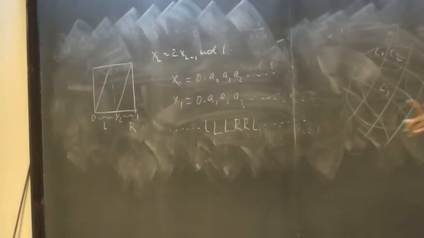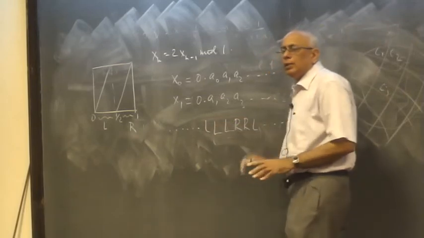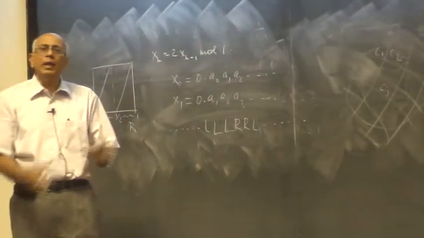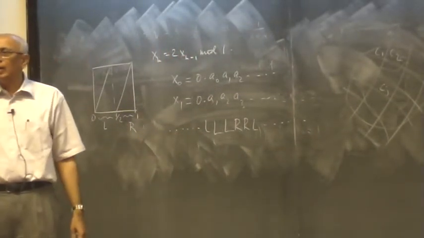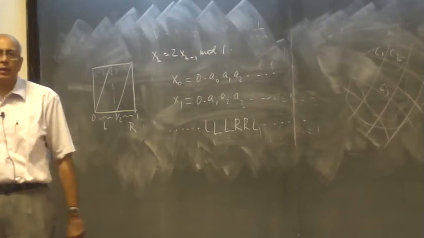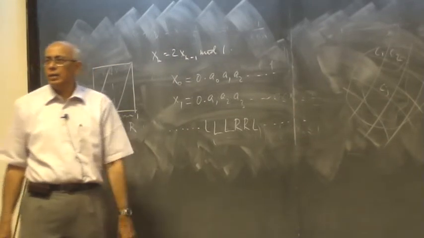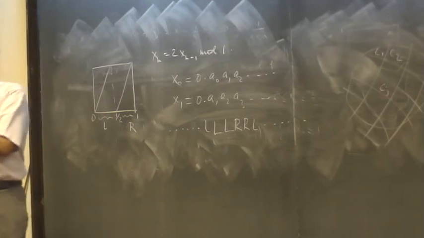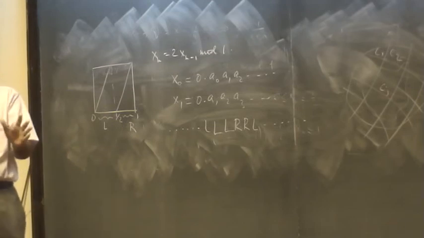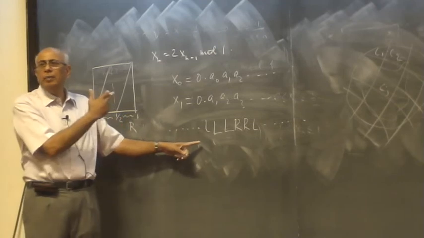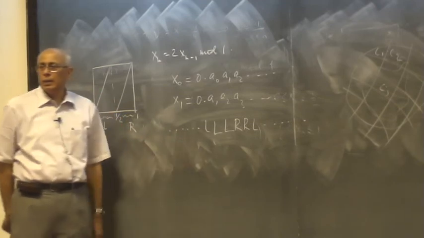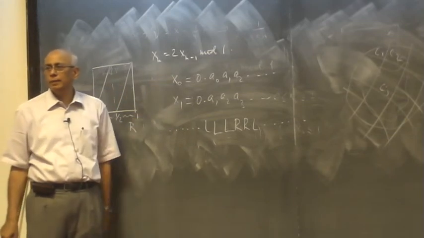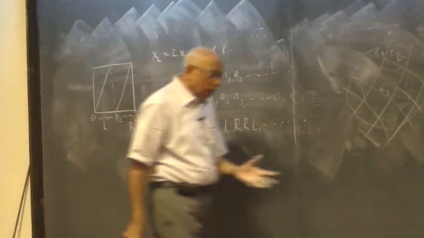Now the statement about the Bernoulli shift being as random as a coin toss is to mean that given a string of L's and R's generated by a Bernoulli shift and given a string of L's and R's generated by tossing a coin and saying L whenever it's tails and R whenever it's heads, the precise statement is, given any string from a coin toss experiment, there exists an X naught such that that string is precisely the string generated by this deterministic rule. So for every random string you give me, I give you a string generated by a deterministic rule. And therefore the statement is